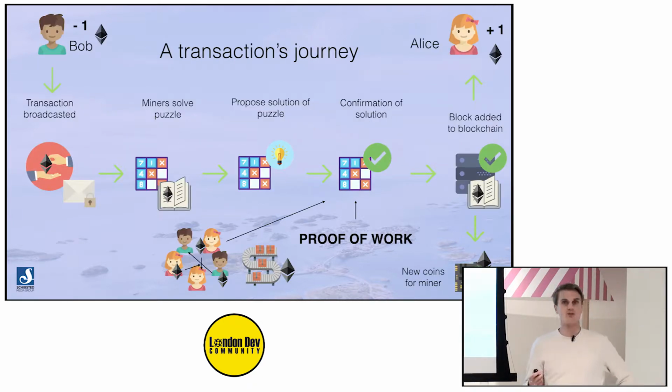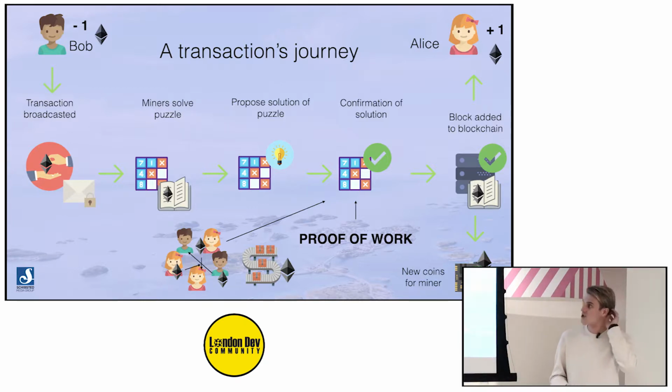So I want to walk you through a transaction. What actually happens? So say Bob wants to move 1 Ether to his friend Alice. What he does, he takes Ether from his account and he broadcasts a signed message to the network. So he declares that I'm the owner of this public key and I want to move 1 Ether to Alice's address. That piece of information, which anybody can see that must be valid even though they don't know his private key, is sent to the miners, and this is sent into a puzzle.